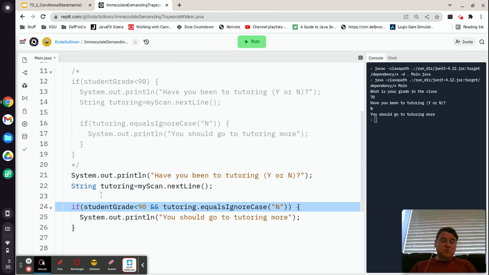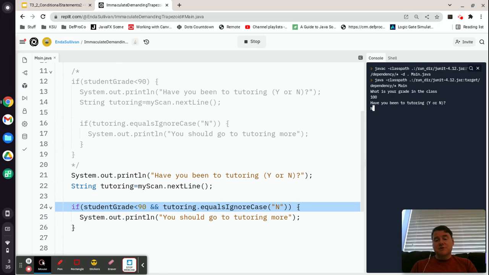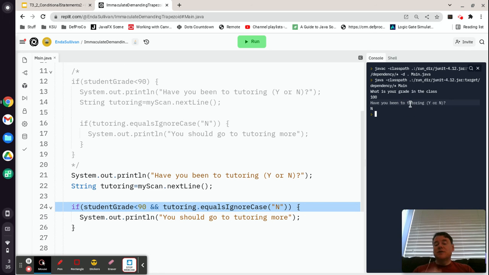But in order to make this work, the downside of this solution is that it will always ask if I've been to tutoring. So if I say that I have 100 in the class, it's then going to ask, have you been to tutoring? And I'm going to say no, and the program's going to end. It actually isn't going to do anything with this tutoring. No matter what I say to that,